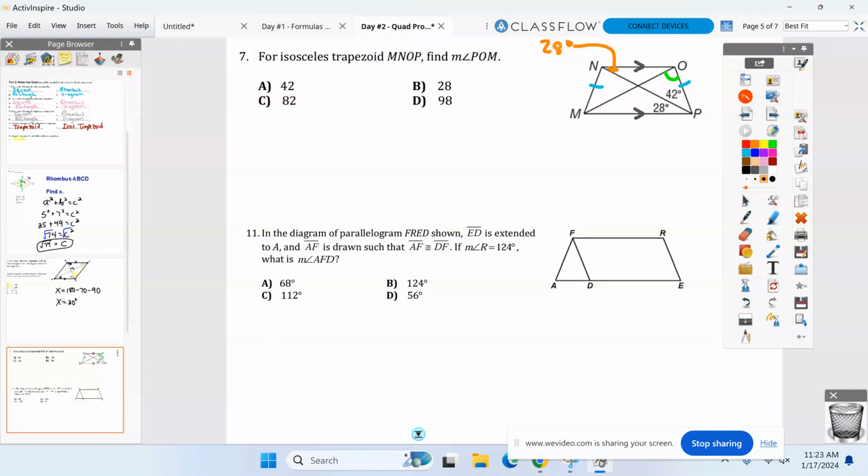Yep. Then angle PON is 110 because it was 42 in the corner of the triangle there, and the angles add up to 180. Okay, so just so I'm clear, you're taking triangle NOP right now, where I know 28 and 42, subtracting them from 180, and you're getting 110. Okay, good. This adds up to 70. These are same side interior, so they have to be supplementary. So, yep, that's 110. And then from there,